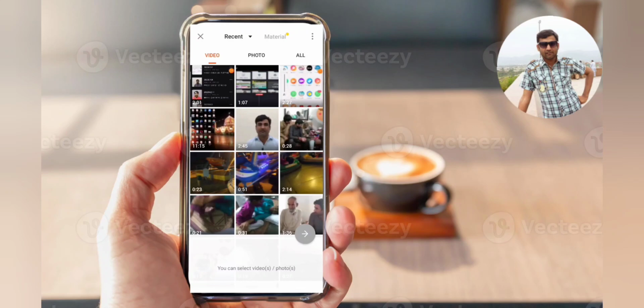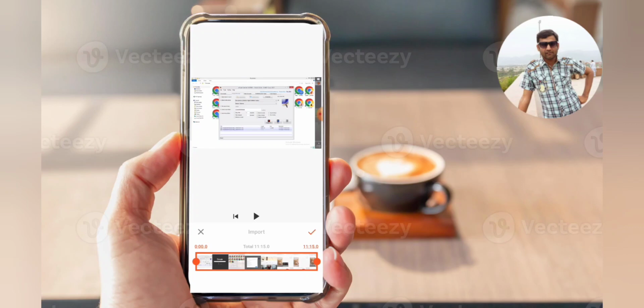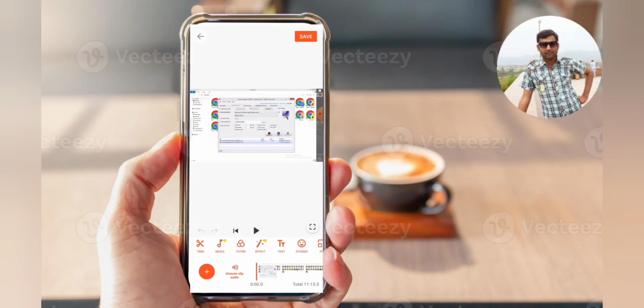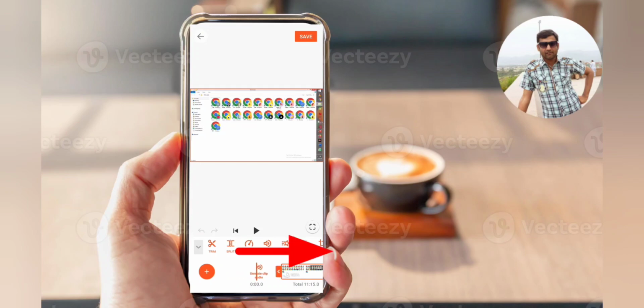So if there is a situation where you can skip the early few seconds and the end few seconds of this 11 minute and 15 second video, then you can select this video in your UCut application, and here click on this arrow sign, and at the start you can move further, and here you can skip a few seconds as well,